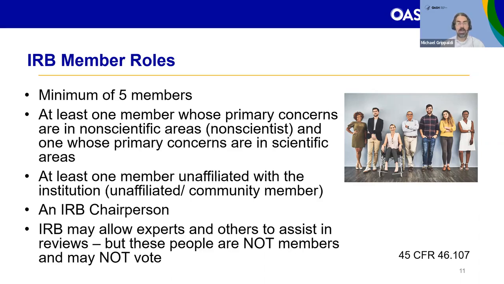Similarly, the IRB might have IRB administrators present who can answer questions or maybe have done some pre-review work for them. And the institution might also allow guests to attend, possibly potential members or possibly someone higher up the chain of command. Now it's up to the IRB to decide whom they will allow to attend the meeting, and the IRB minutes should always reflect who's in attendance. But this is one of those policies, the flexibilities that institutions and IRBs have in deciding whether or not non-members can attend meetings.